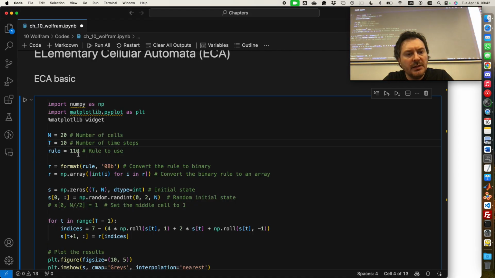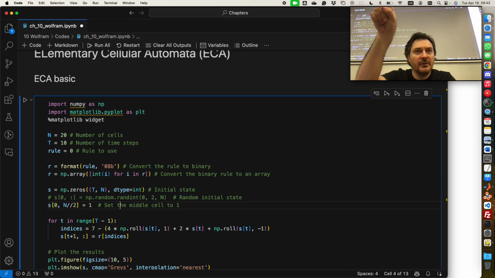Then we write a rule. Let's start with rule number 0. And we format it into binary stuff. Then we make integers out of that. Then we start with a state. The initial state could be random or could be all zeros except in the middle there could be 1.